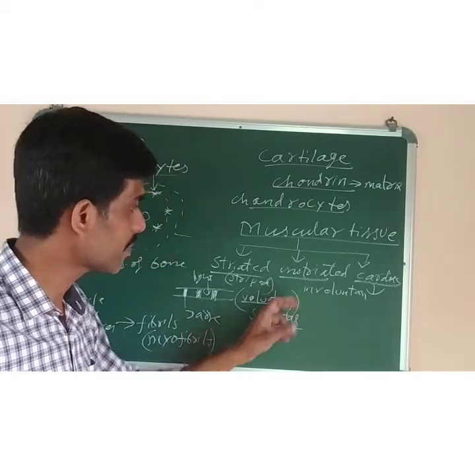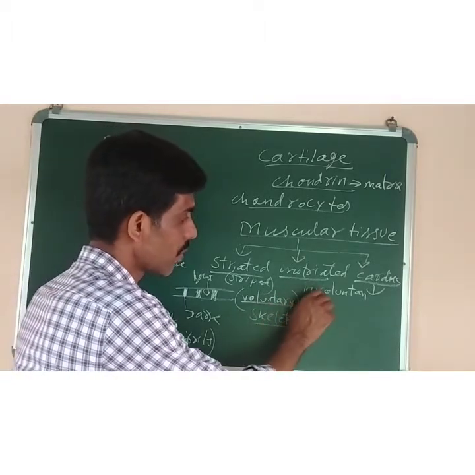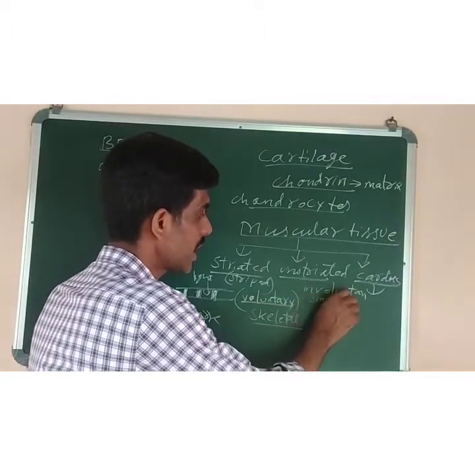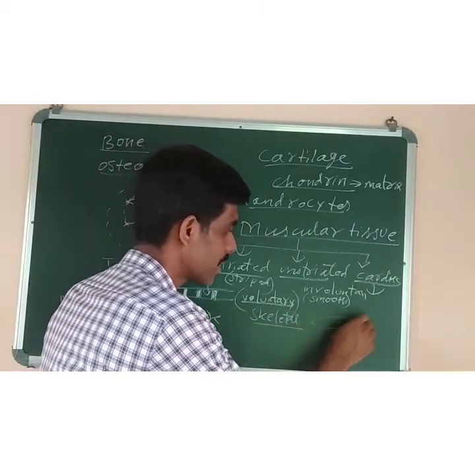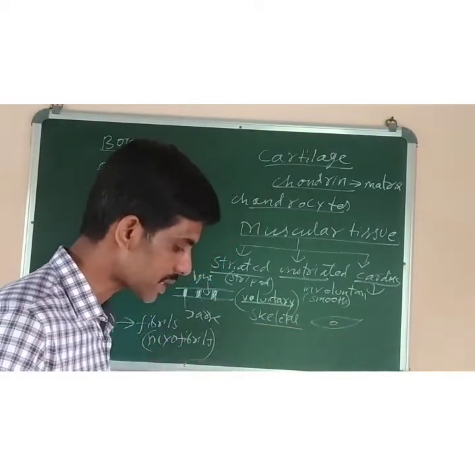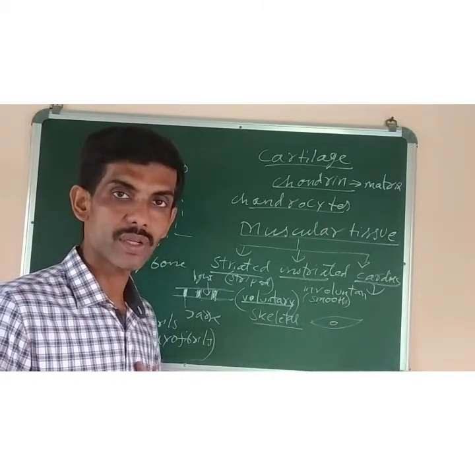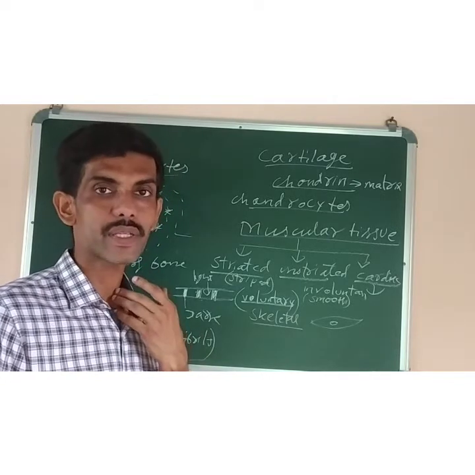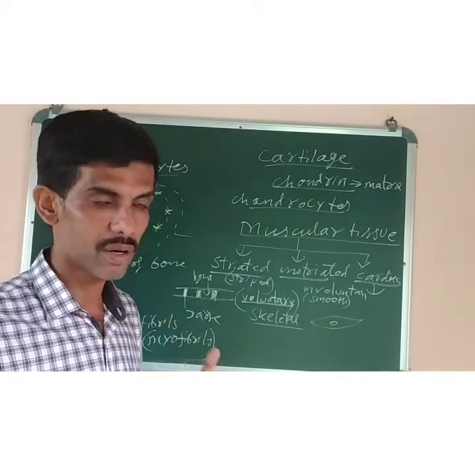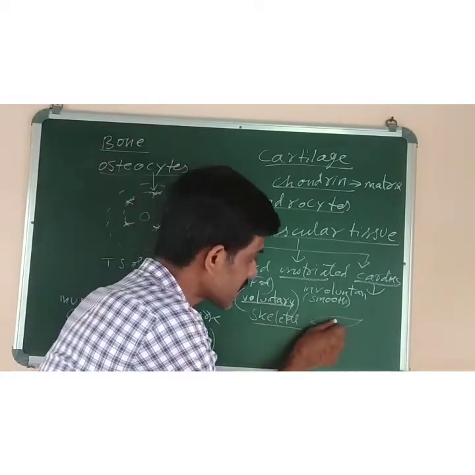Then unstriated muscles. Unstriated muscles are also known as smooth muscles. Why? Because they do not contain any light and dark bands like this. And the muscle fibers appear spindle shaped like this, okay, with a single nucleus. And they are tapering at both the ends. They are found in those organs which are not under our control, like the esophagus, that is the food pipe. Because these muscles are not under our control. They are unbranched. Uninucleate means containing a single nucleus.